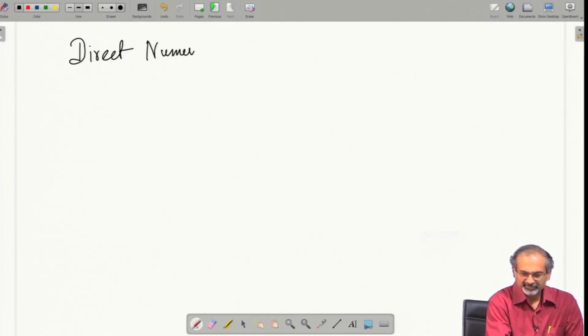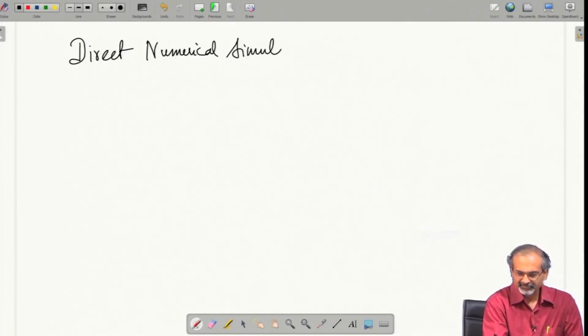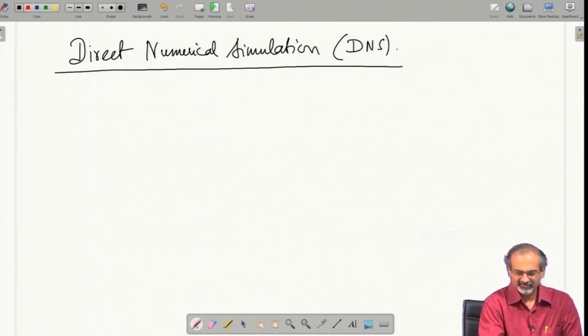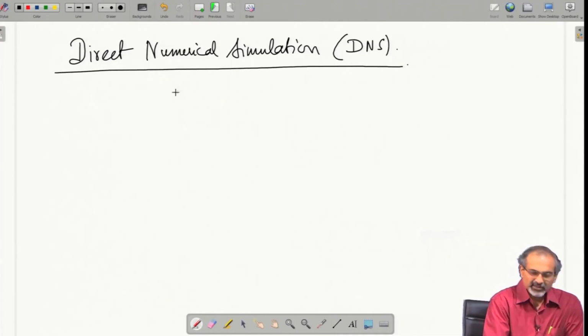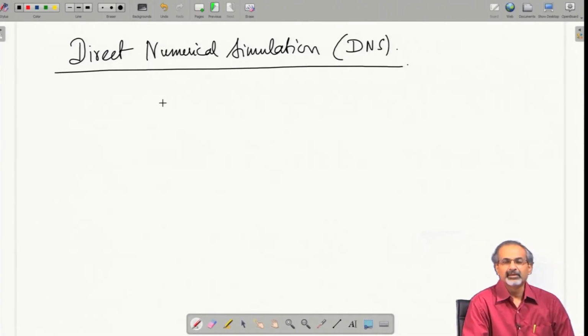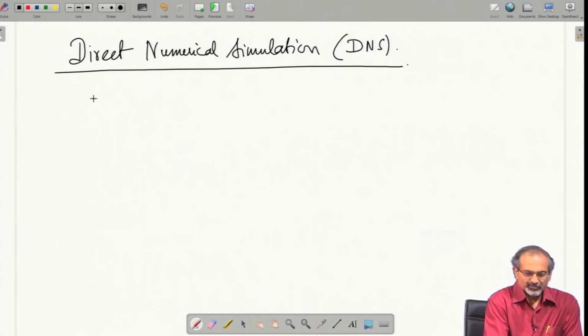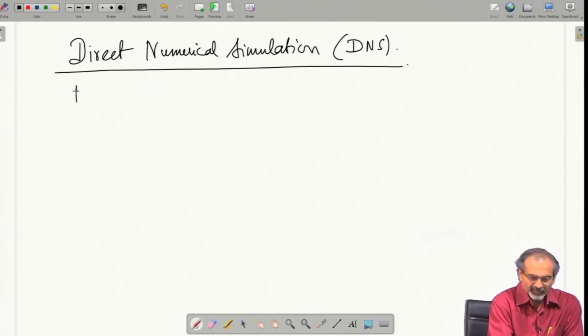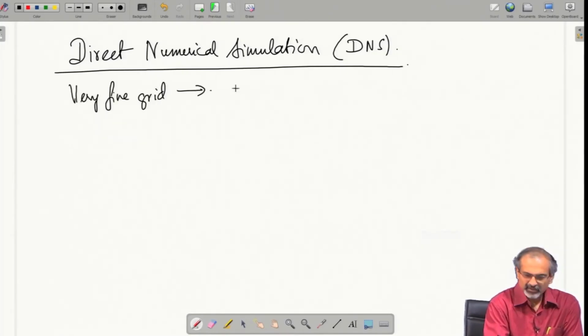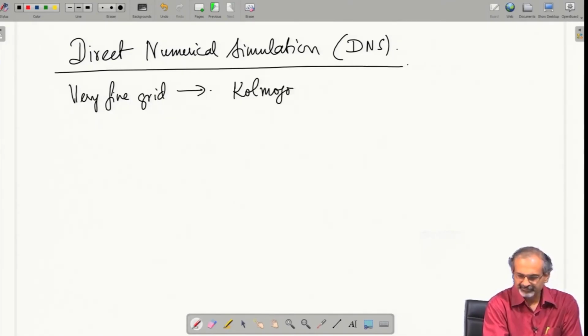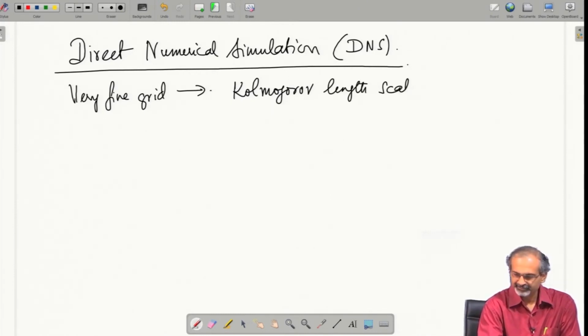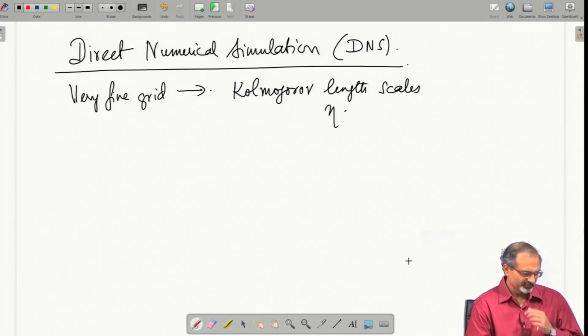direct numerical simulation. So, here, since we are not modeling any part of the eddy structure, we are expected to have a very fine grid, because we are ideally supposed to capture the Kolmogorov length scales and